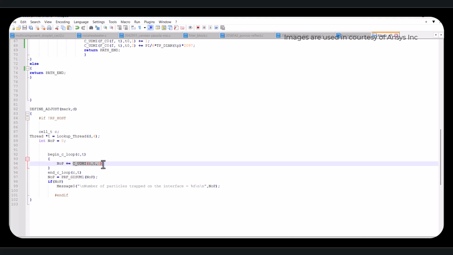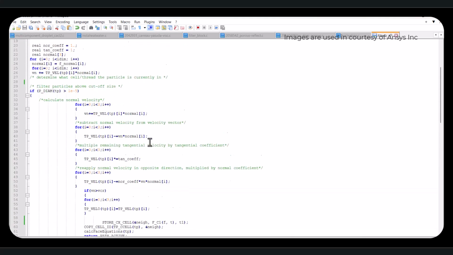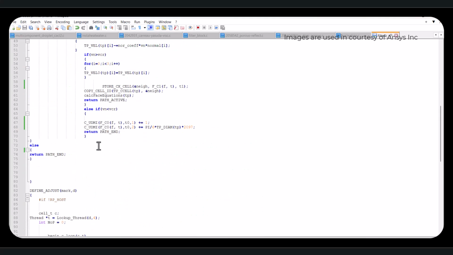How is C_UDMI(c, t, 1) initially patched with 0, but the value needs to increase, right? So we are initially patching this user defined memory with 0 value. As time progresses, this counter should increase, and it increases by NOP. NOP is an integer, so this is somewhere linked with this boundary condition, right? You can see here